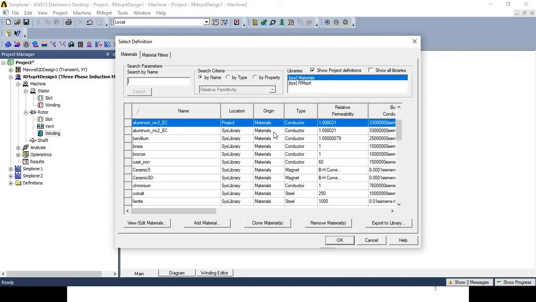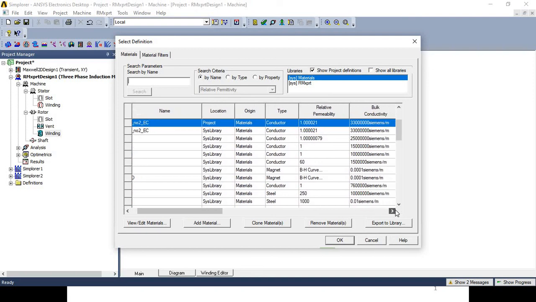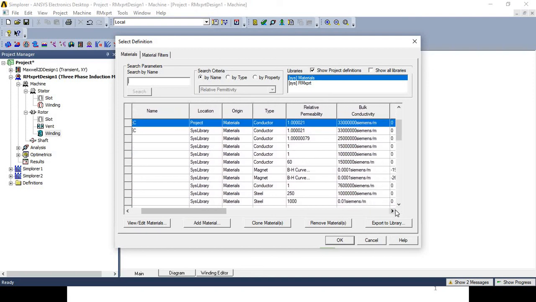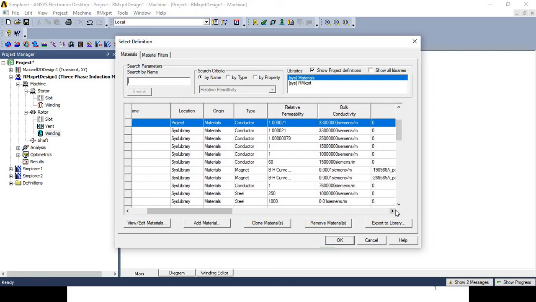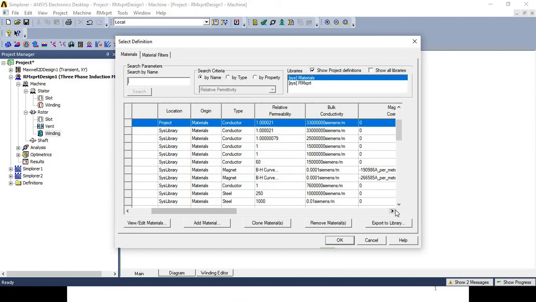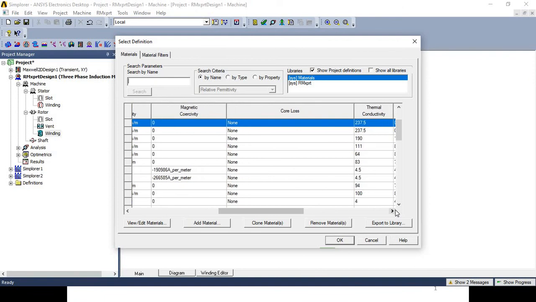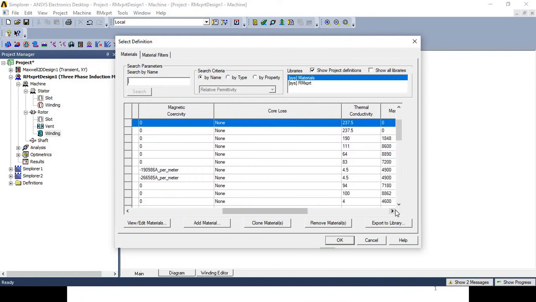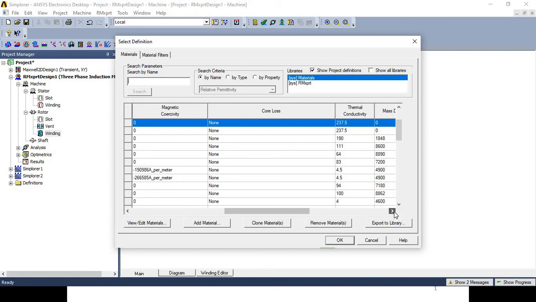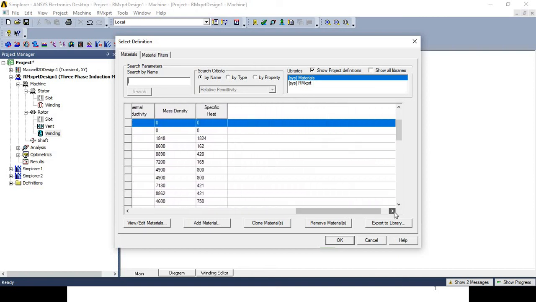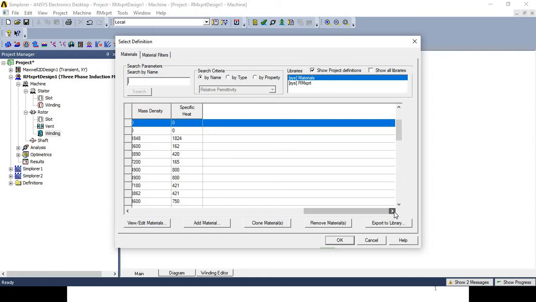And right now we had selected the aluminum number 2 EC, which is having the relative permeability equal to 1.4 times 10 to the power 0 to 1, bulk conductivity 30 lakh Siemens per meter, mass coercivity is 0, core loss not specified, then thermal conductivity 237.5,